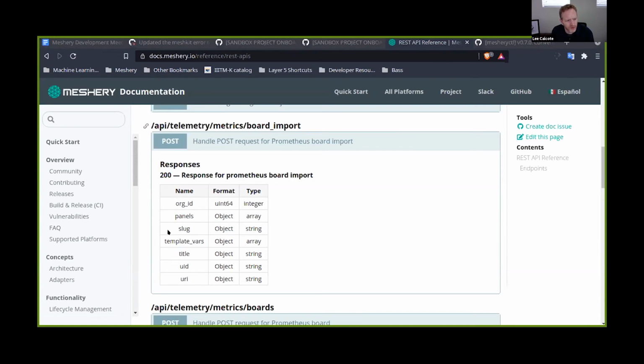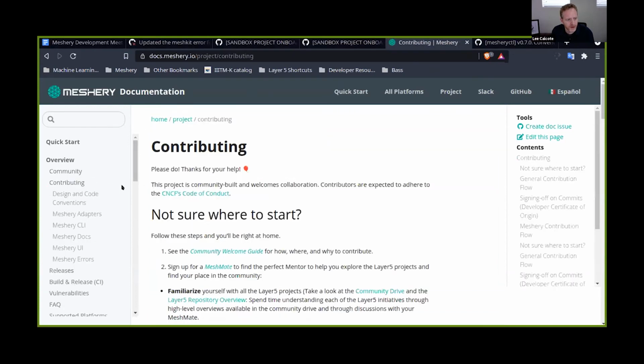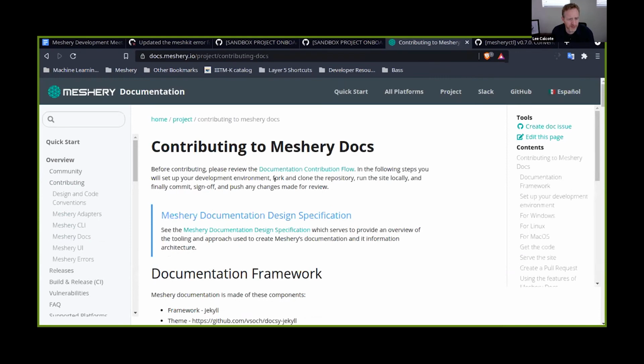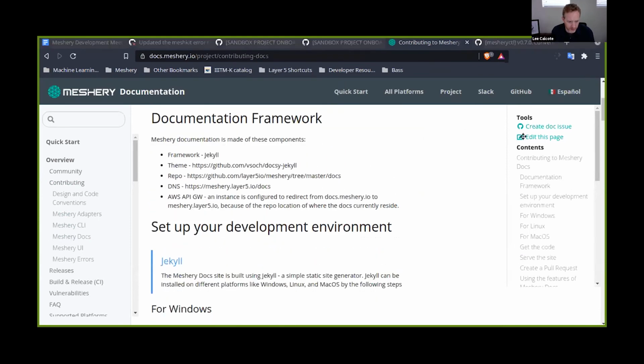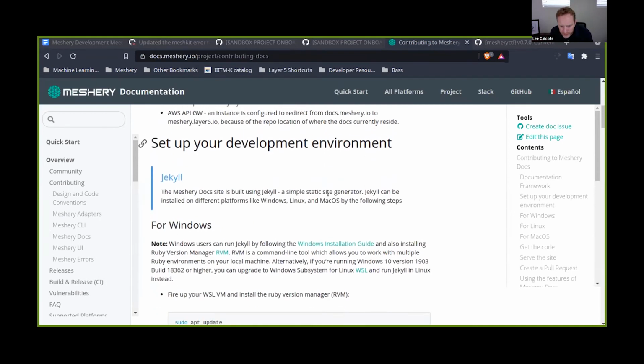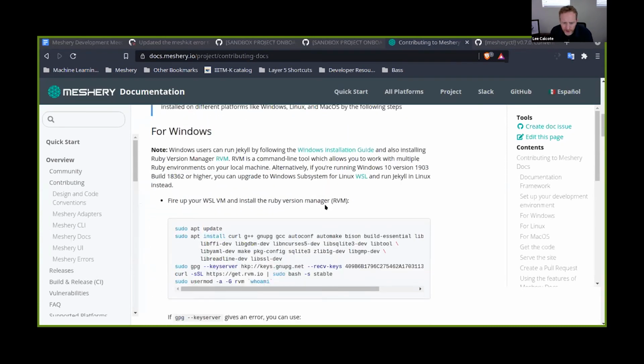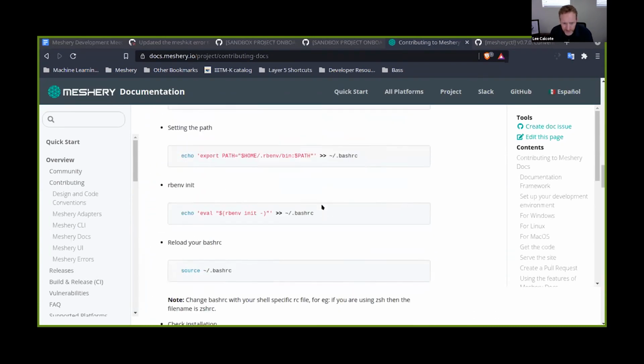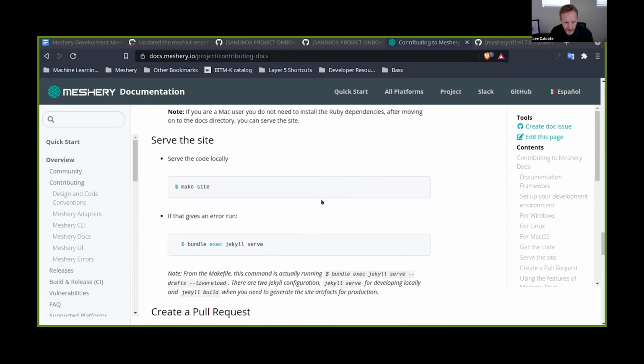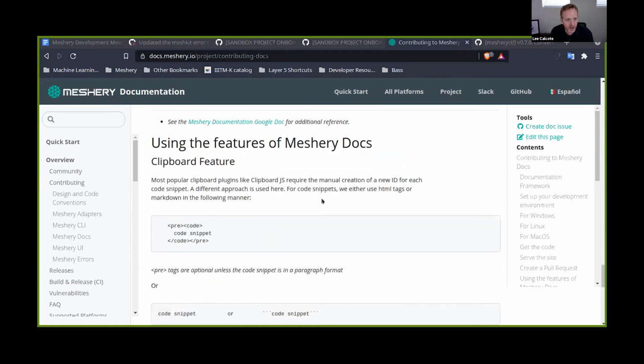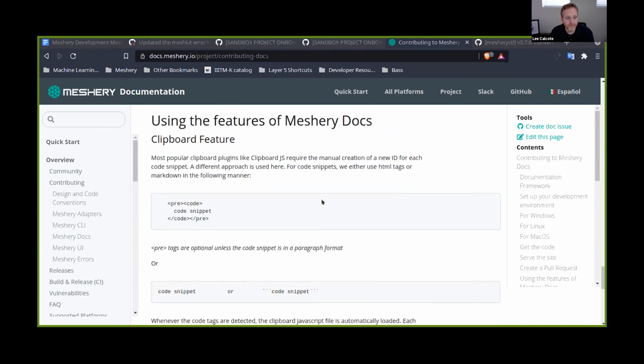Navendu, if you don't mind, if you go to the contributing section in the docs, there are new sections about contributing to different components. One of those is Meshery docs. If you go to Meshery docs, it will tell you the various frameworks that it's using and how to work with Jekyll, but it should also tell you, I think on the very bottom, there's a section called using the features of Meshery docs. Now, I think we only have one feature